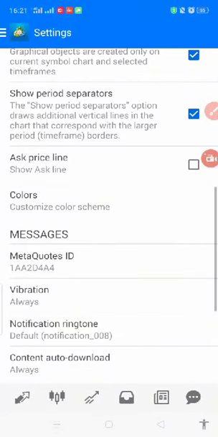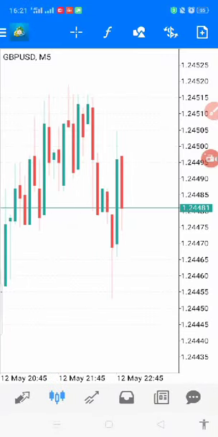So we go back to the chart. It's no longer there, but that does not mean that it's not still functional. It's properly functional. It's just that you don't see the lines, meaning that if you enter a trade for a buy right now, remember, anytime you enter a trade for a buy,